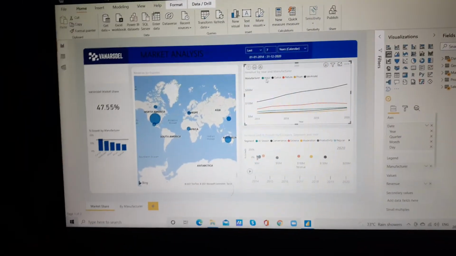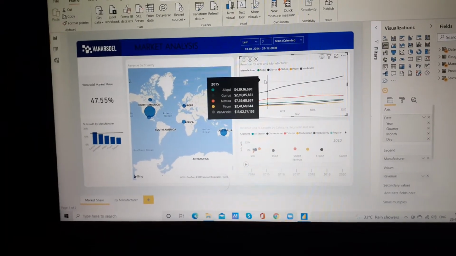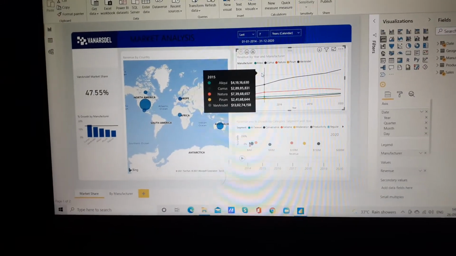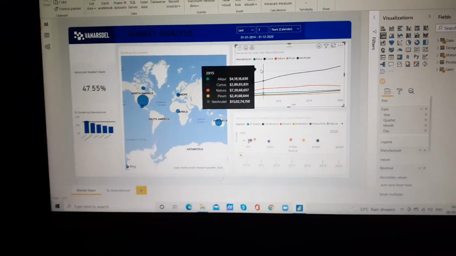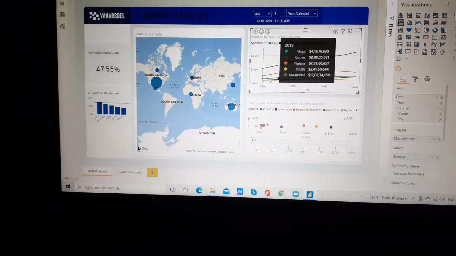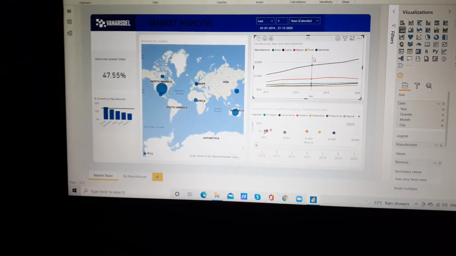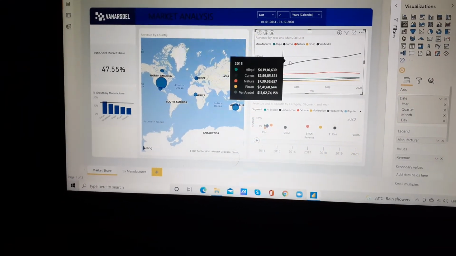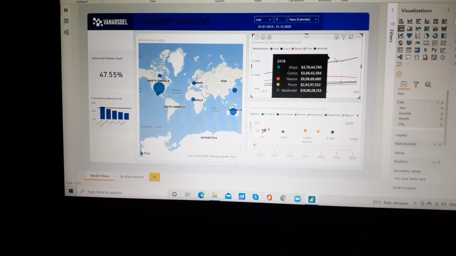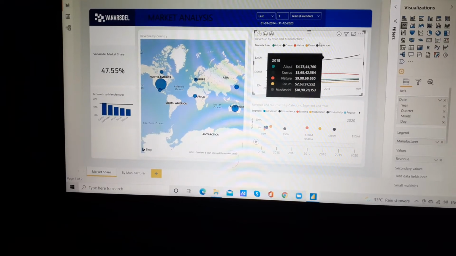As I told you before, there are 5 manufacturers, one particular company Van Diesel and other competitors, right? And we can see from 2014 to 2020 how the performance or revenue was year wise for each manufacturer. So this is the line chart.